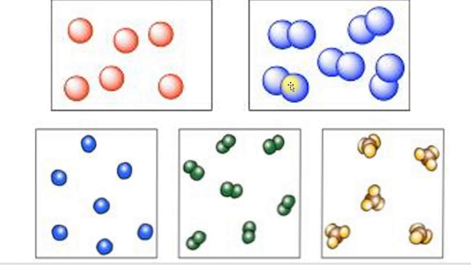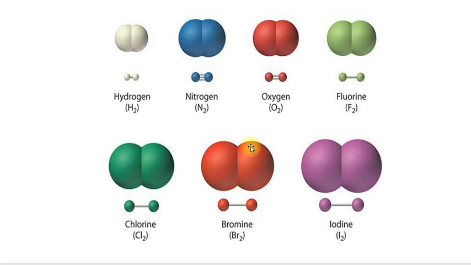They are also the same kind of atoms, but here you can see there are different kinds of atoms. They are combined together, and these are the molecules. This is another example of the molecules. You can see over here, there are two hydrogen atoms in white color, and when we combine them, they form a molecule. So a hydrogen atom is written like just H. H is the hydrogen atom, but when we write H and 2 in the subscript, it will become the molecule.